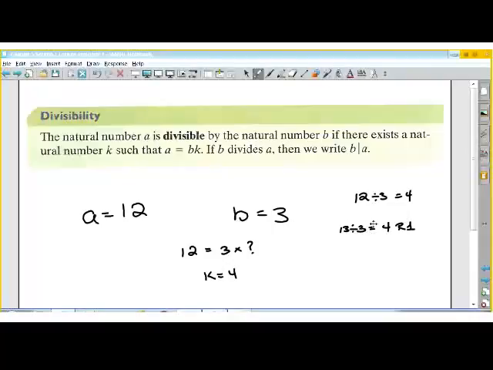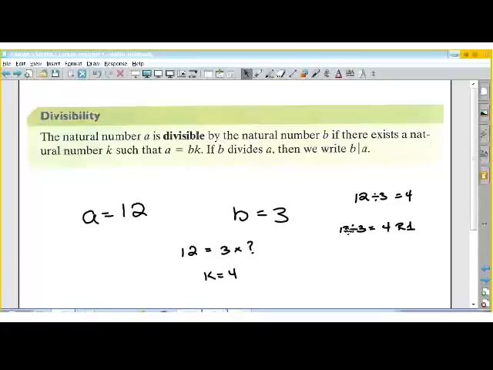Because I know that 4 times 3 equals 12, it's not quite 13, so I have to add an additional number to get the final answer. So that's kind of what the remainder is. It's that if I have a number and I divide it,